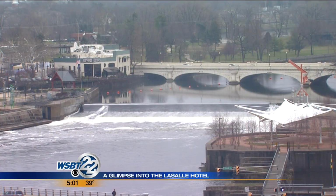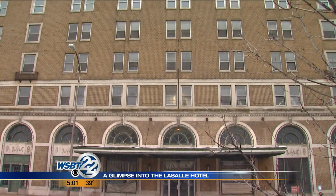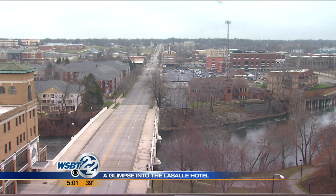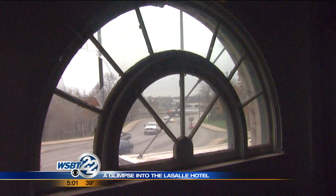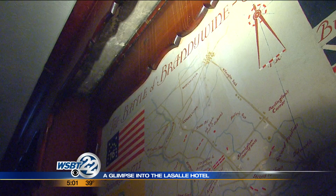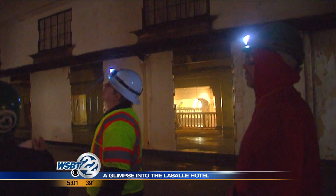That's one factor in redoing a building, and rehabbing a building. But the location and the views and the amenities nearby, being next to the Morse Theater and being on the riverfront, and just all of that together. Some of that charm coming from original features that will undergo extensive restoration and will serve as focal points throughout